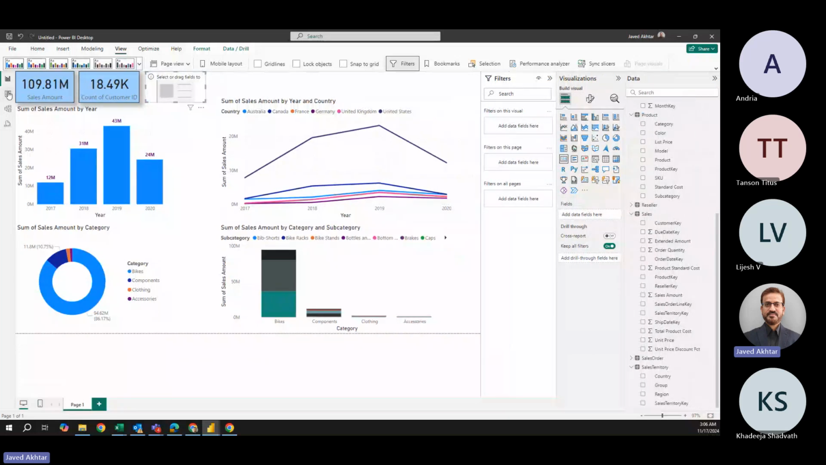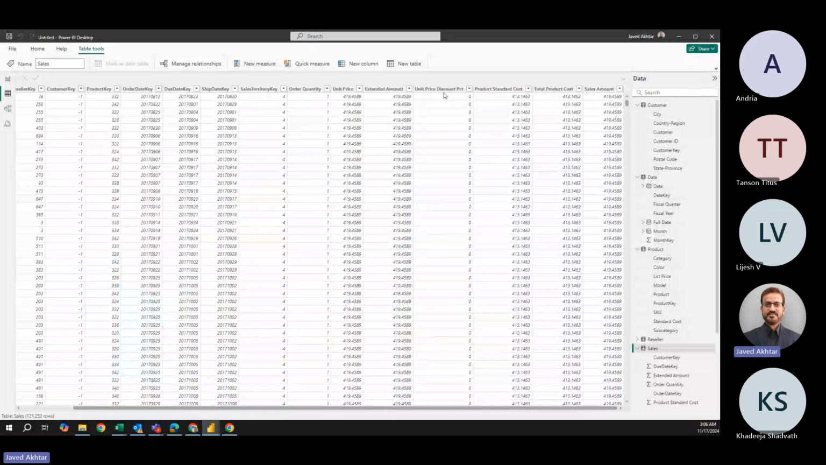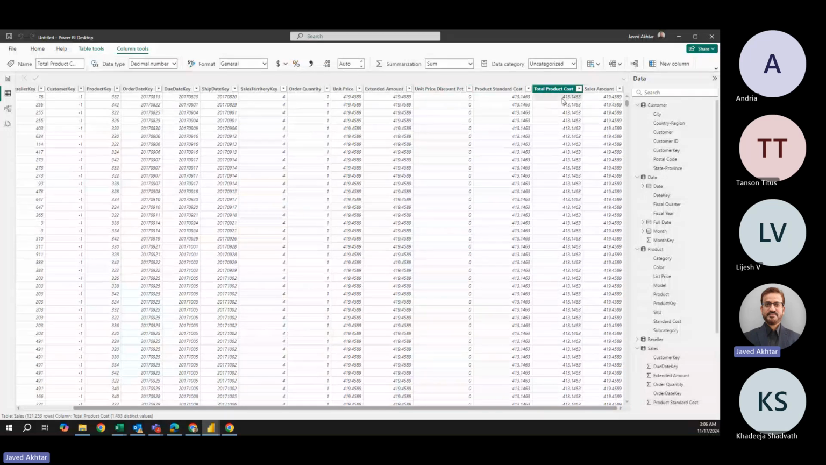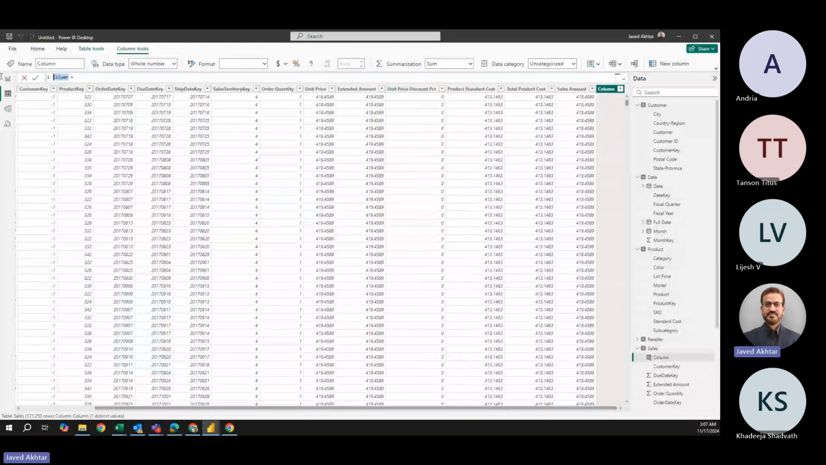So let's go to the sales here, and in the sales you have here unit price and then product cost. You see 413. So total product cost is 413 and sales amount is 419. So there is a cost and there is an amount. So this is total product cost and this is total sales amount. So I can add a column, new column, where I can say very easily margin